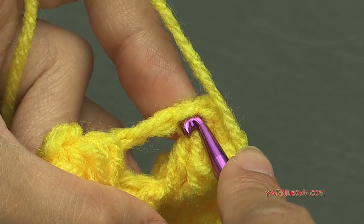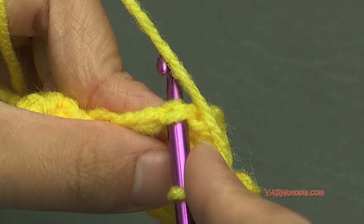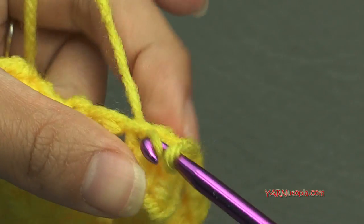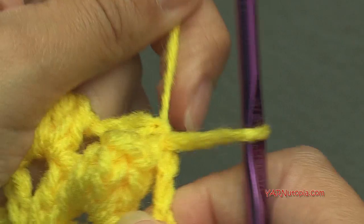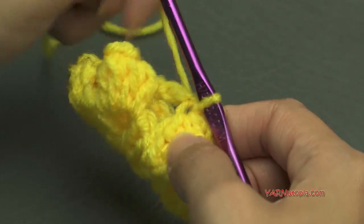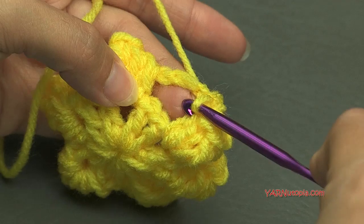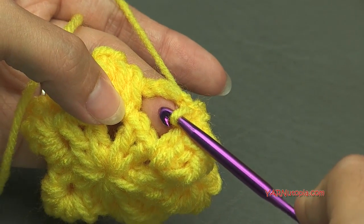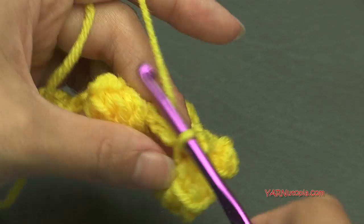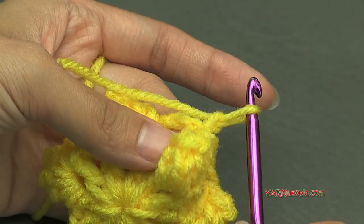So I'm going to go right in there, in that first chain of the chain 3. Okay, I'm going to go in, yarn over, pull through, and pull through. Just somewhere in there you've got to attach. Okay, and then I'm going to fasten off this color. If you're not changing color, slip stitch into this chain 3 space here, and then chain up 1 and go on to round 3. But I'm going to chain 1 here and cut this yarn,